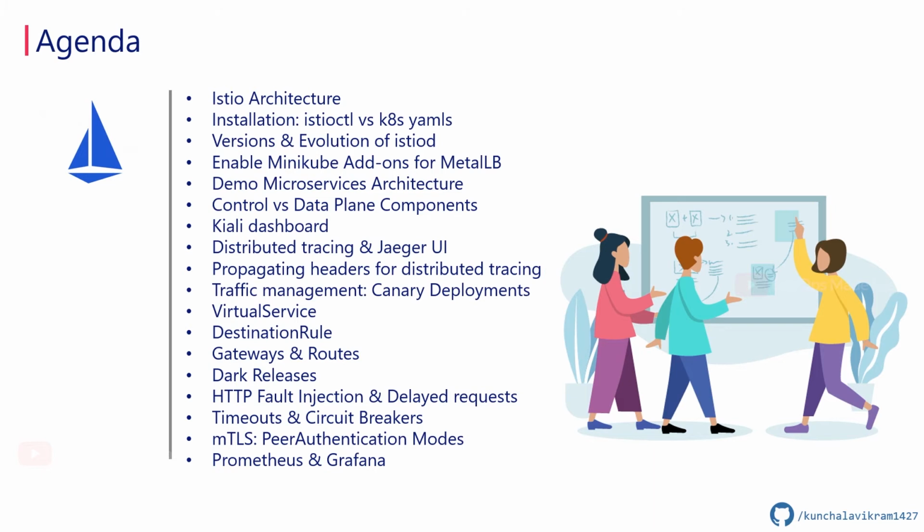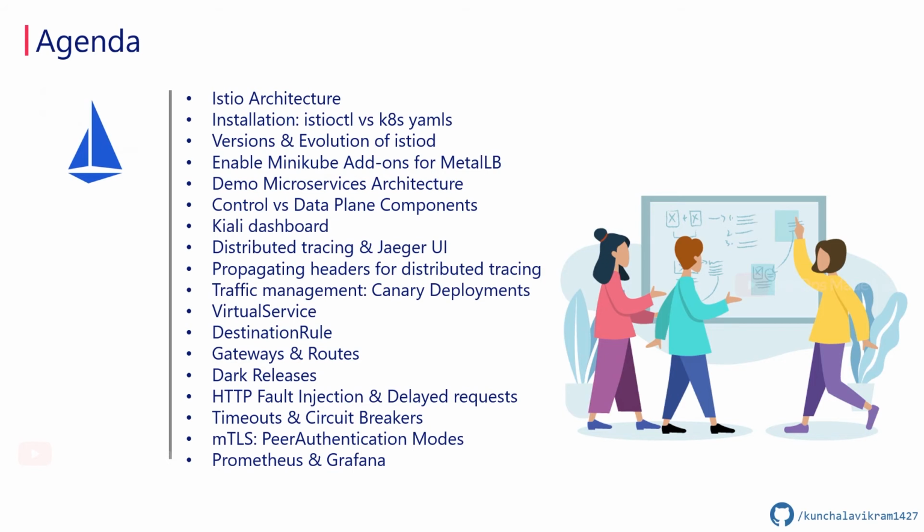Then finally we'll move on to traffic management, where we'll deploy different versions of the application and control the traffic to that application. Let's say we have two versions of the application, like v1 and v2. Using canary-based deployments, we'll see how to do weighted traffic routing for both the versions. And then we'll move on to major components of Istio, which are virtual services and destination rules, along with